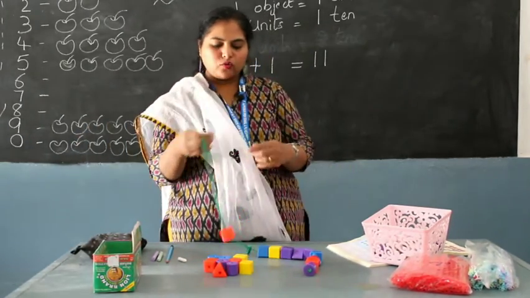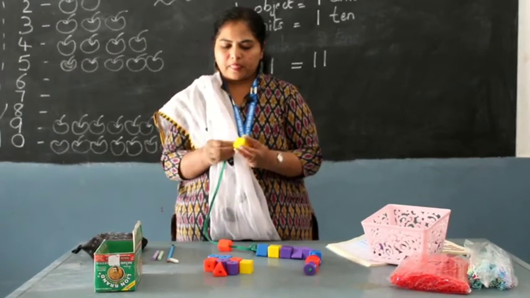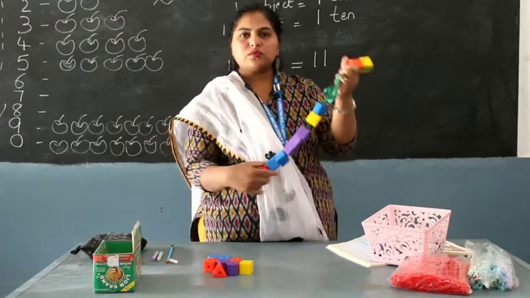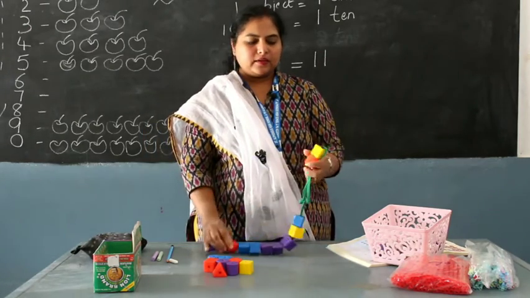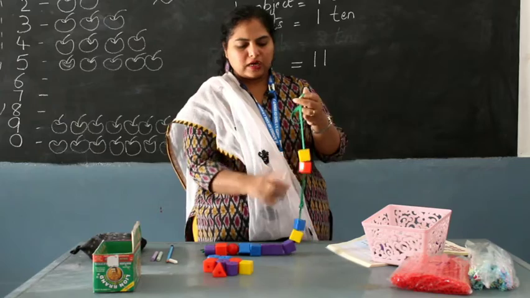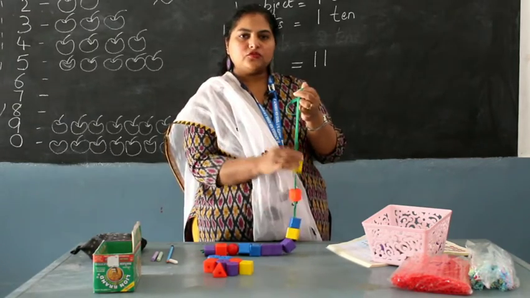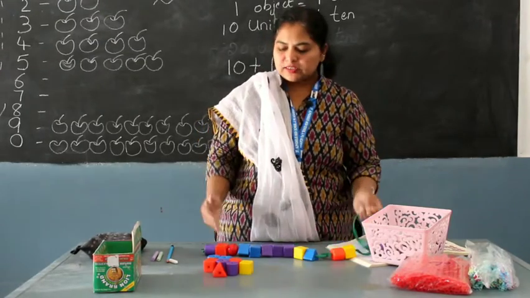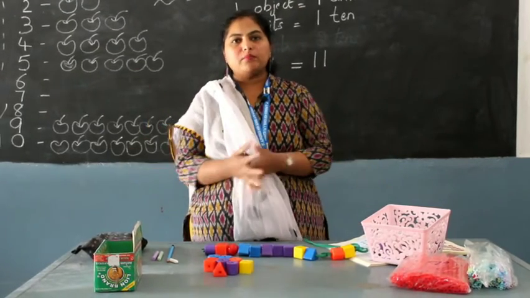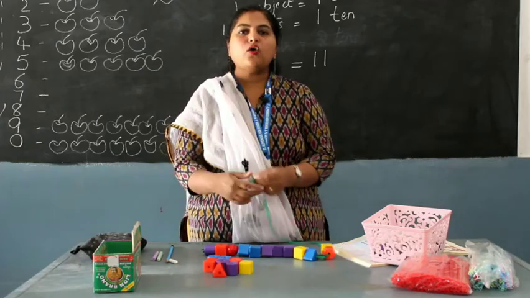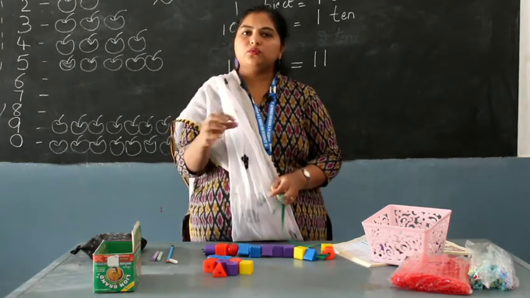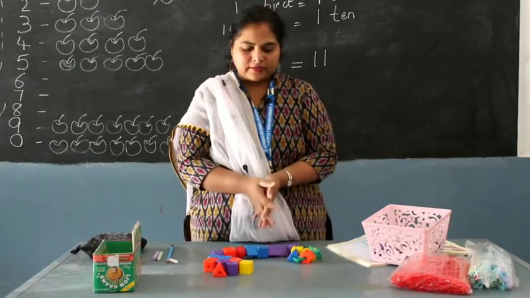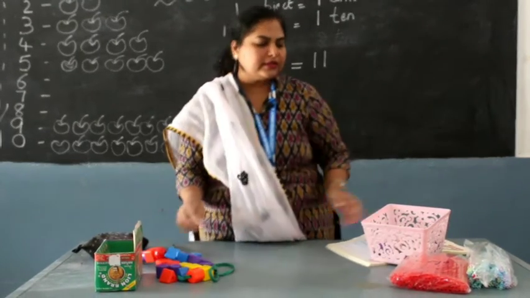Now if I add one more bead to it, then it becomes, this is 10, okay? So 1 ten plus 2 ones. So what will happen? 10, 11, 12. So I have 12 beads. So if I keep counting like that, because it's 10, and if I have to count big numbers, then what happens? It will take a long time for me to count 1, 2, 3, 4, 5. So what we do, we count in groups of 10.